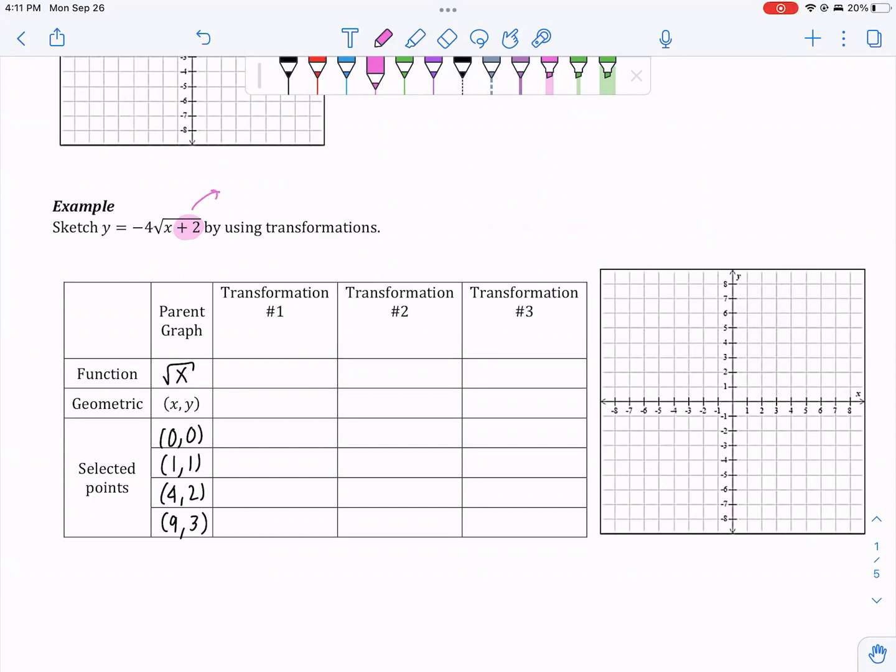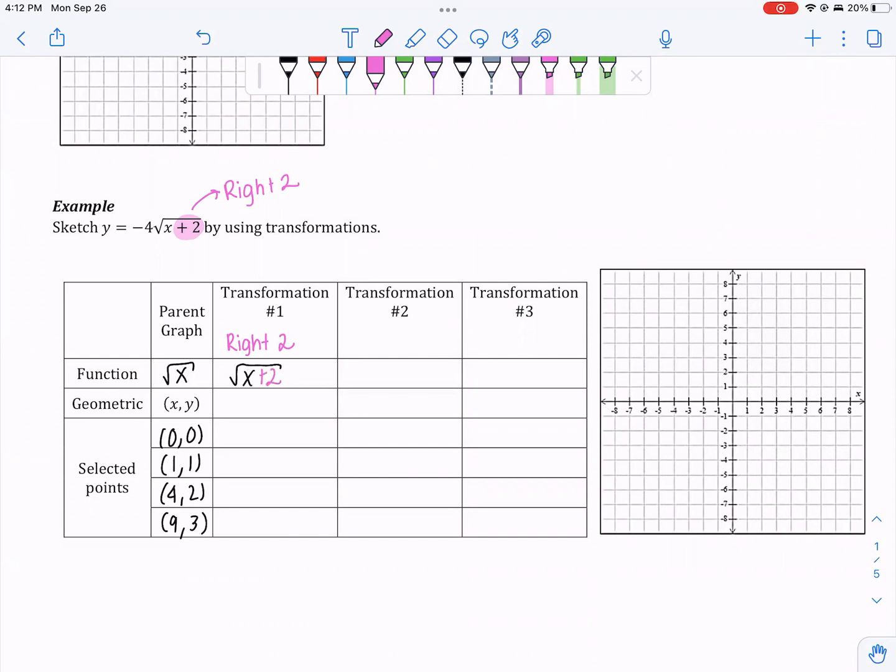A +2 on the inside is going to mean we're going right 2. We're shifting the graph to the right 2. That's going to change our graph into the graph of x